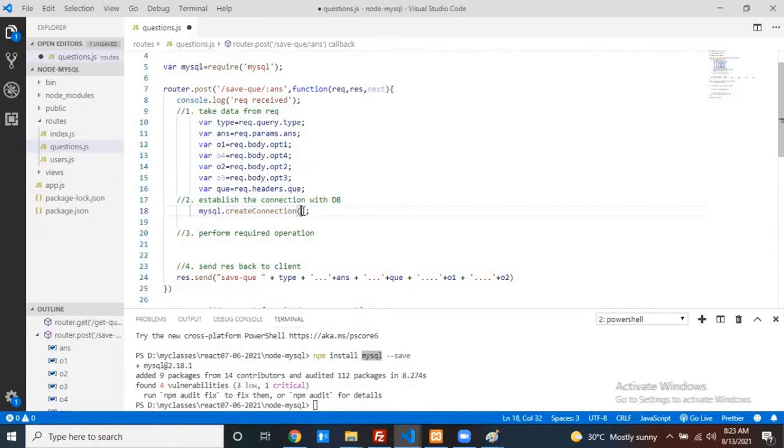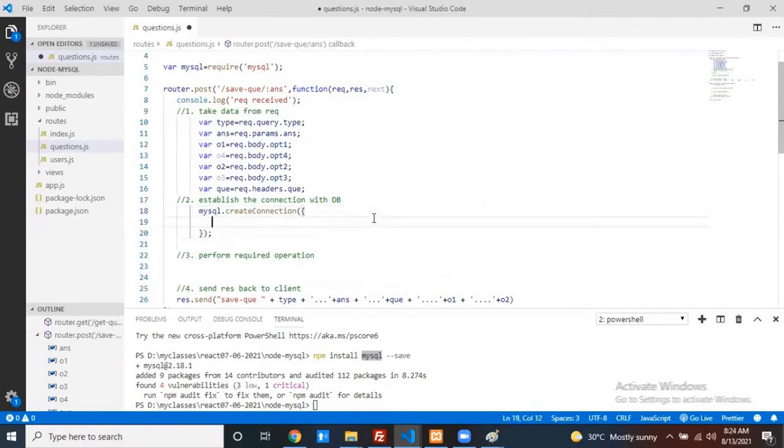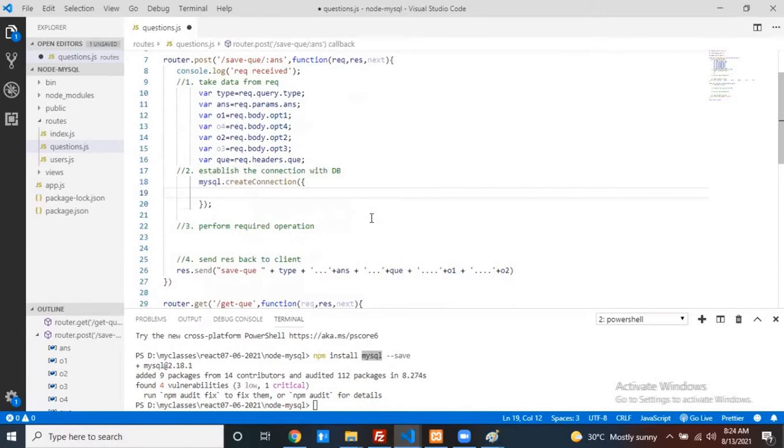Which MySQL server you want me to connect, that is running in your local machine or out of your machine, with which port number, with which username and password, and with which database you want me to connect. Those details you have to provide, right? If you want to provide the details to the method, how can we provide? Through an argument only. So it takes one object as an argument. Inside this object, you can provide all your MySQL server related stuff.